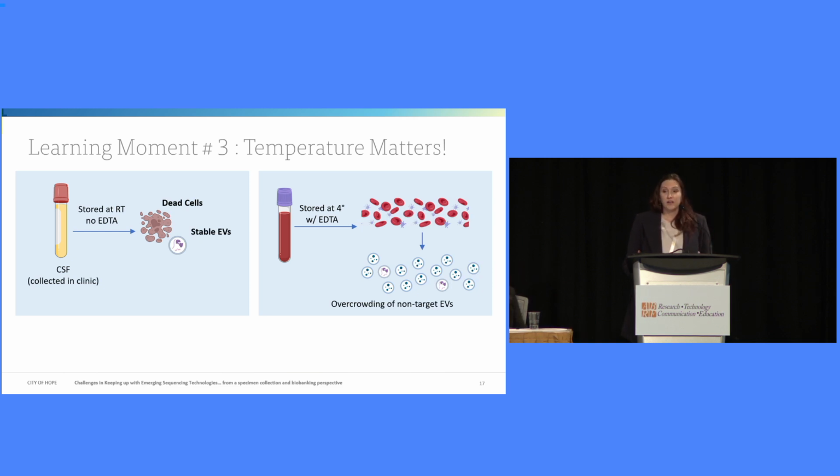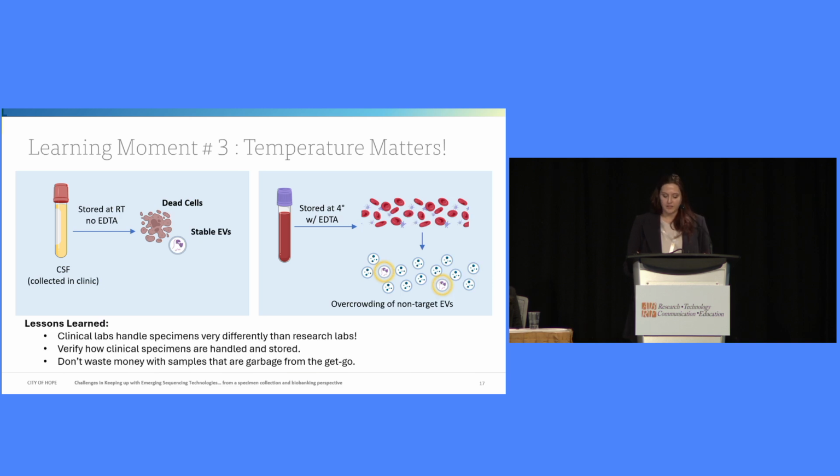Conversely, if blood is stored at 4 degrees, which it often is, the CTCs are preserved, which is great, but the platelets begin to pump out their own EVs, which quickly overpower and outnumber any EVs of interest, making research very challenging. So in the context of clinical specimens, it's very important to understand these nuances up front so that investigators aren't wasting their money by attempting to use specimens that are simply inappropriate or incompatible with their research